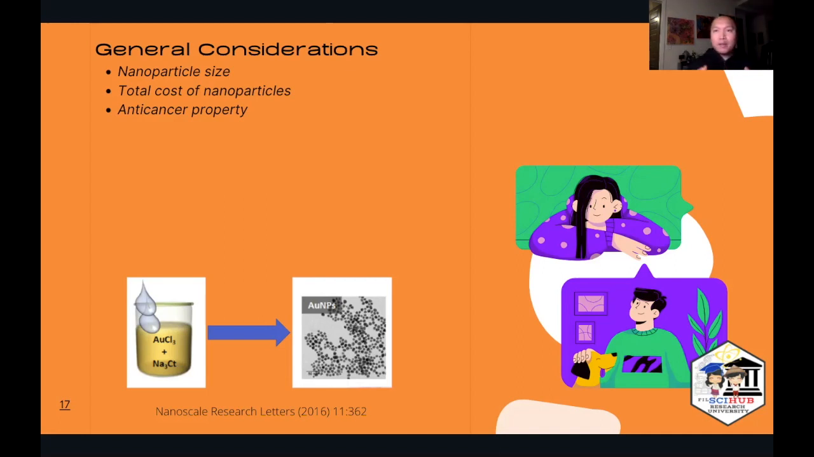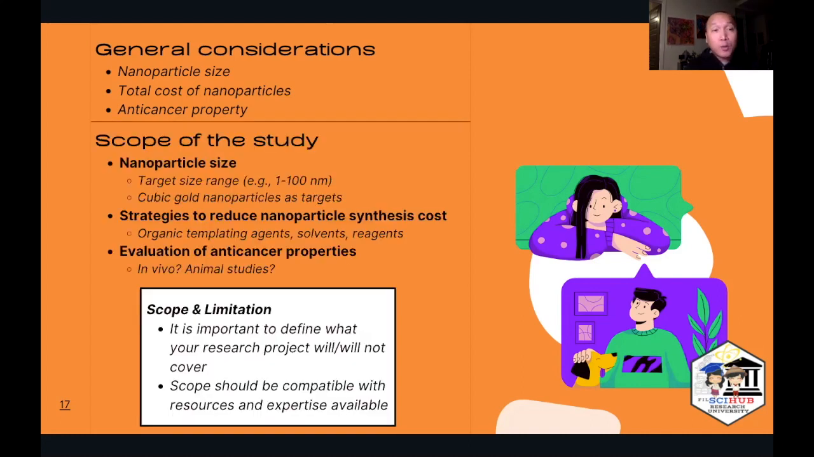So again, those are your general considerations that you need to highlight in the proposed research work scope of the study. This is very important because this helps you define a more focused set of objectives for your proposed work. So, for example, in terms of nanoparticle size, you could actually propose that, okay, so